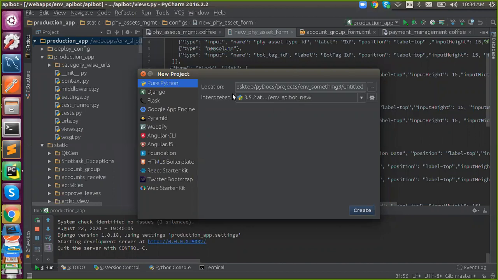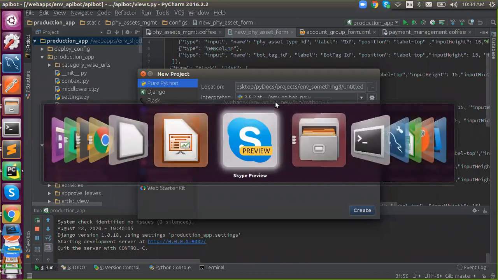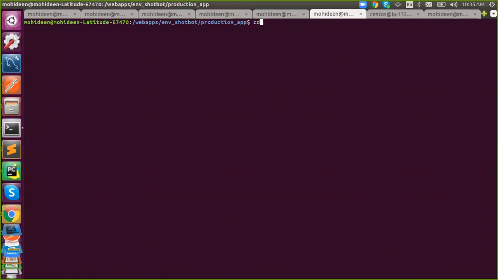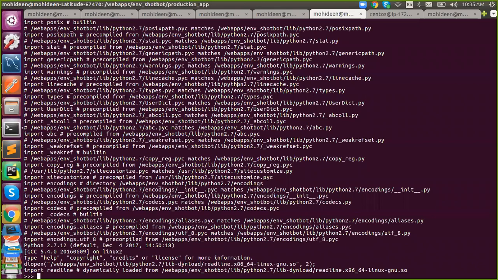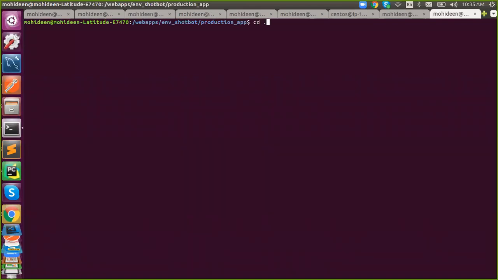And here there's a term called virtual environment. What is a virtual environment? That's what we are going to talk about. Virtual environment is nothing but, say for example, I have two projects in hand, both using different Python versions. One is a production app built on Python 2, so Python 2.7, and I have one more application which needs